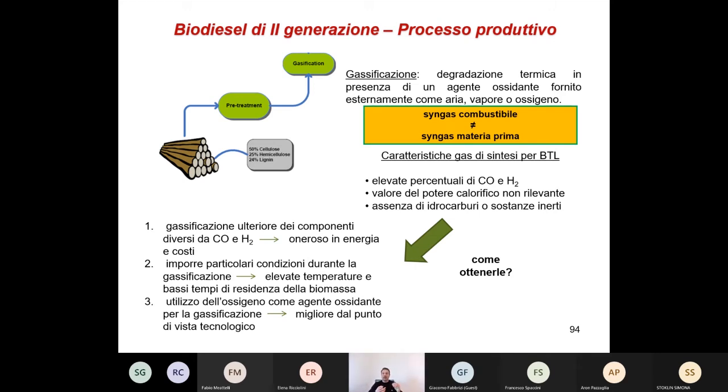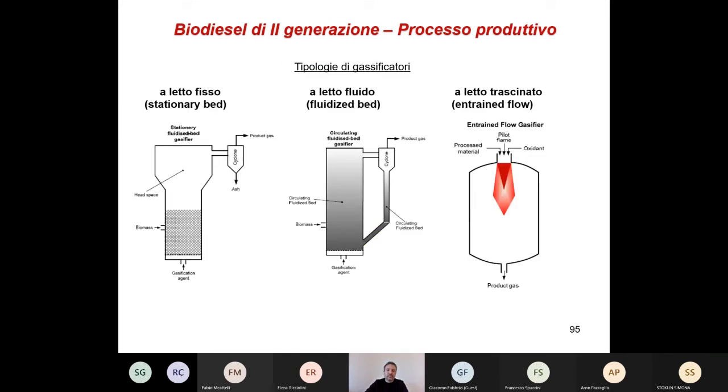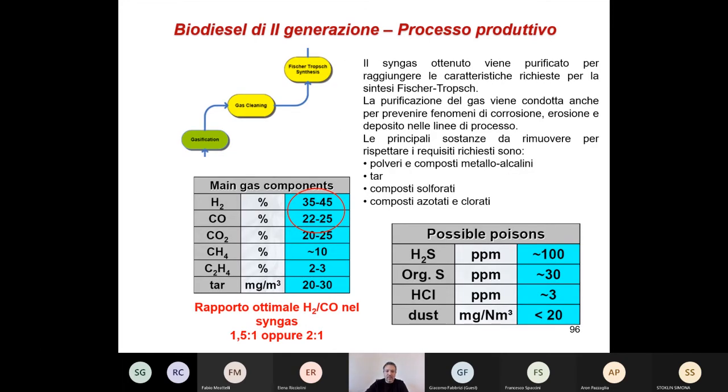These are some information about gasificators, but here is the syngas composition. You can see hydrogen, approximately 35–40%, and carbon monoxide 22 to 25%. So then, as I said, we have approximately 25% combustion, and so you produce carbon dioxide, which is the result of combustion. So you have between 20 and 25% of carbon dioxide, a part of methane, and some other components.